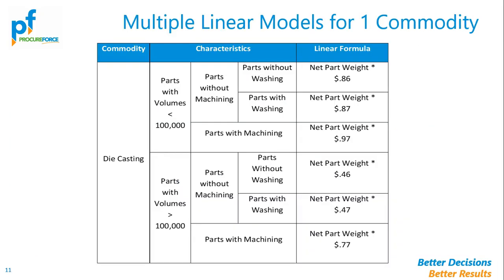In actuality, you might have a complicated buy where you have a number of different models based upon the volumes of the parts, whether they have machining or not, whether they're washed or not. And so you have a number of different predictive models that are all linear. Once you know you've got a certain volume with machining, you pick the factor and you do your multiplication